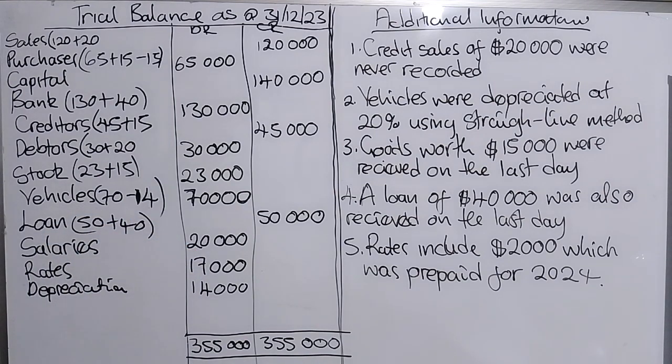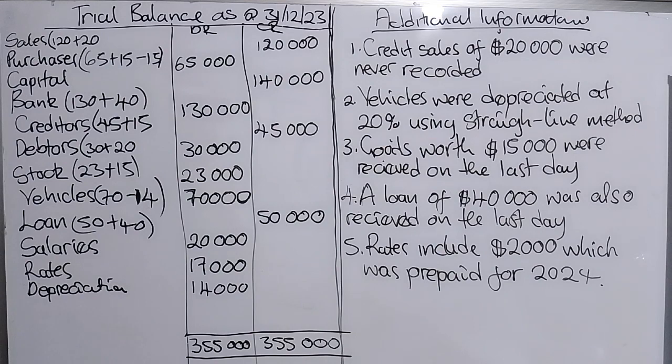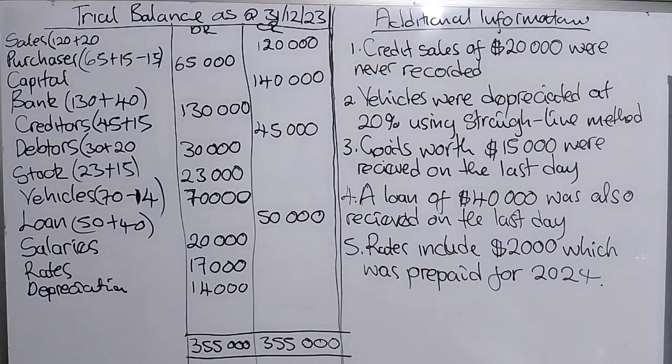Okay, now let's move to the statement which says rates include 2,000 which was prepaid for 2024. This trial balance was given as at 31 December 2023, which means these rates were paid for the next year. So we need to remove them from the rates of 2023 and make it clear that they were paid for 2024. These rates were prepayments. We don't have prepayments on our board, so we'll put another account,